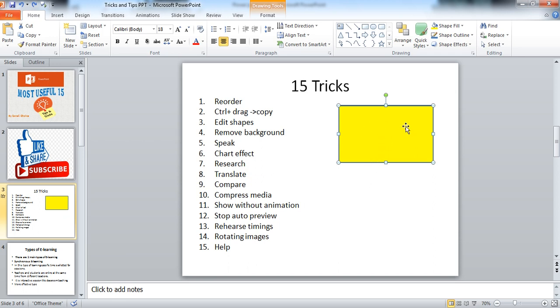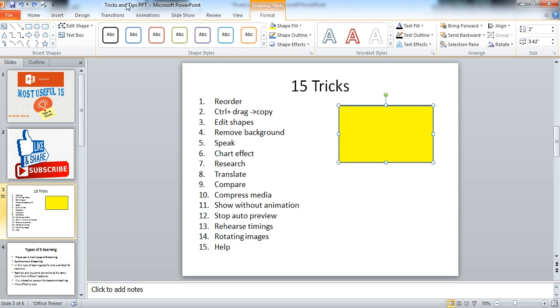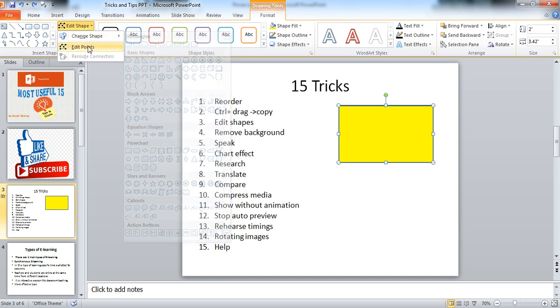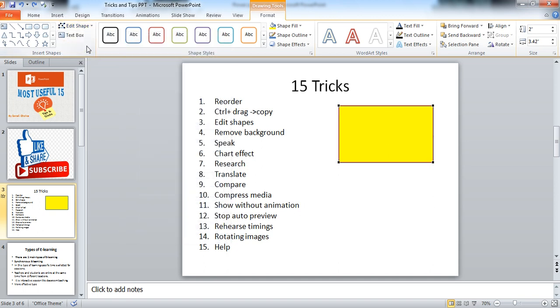of the shape. You can edit this existing shape. For this, go to the drawing tools, then format, then at this side, edit shape, you can change the shape or edit the shape. Click on this edit shape. After clicking, the sizing handle changes to solid. Then you can change your shape as per your requirement. Suppose you want this type, then you can simply change it. Click on this. In this way, you can change your shape by using this feature of drawing tools.